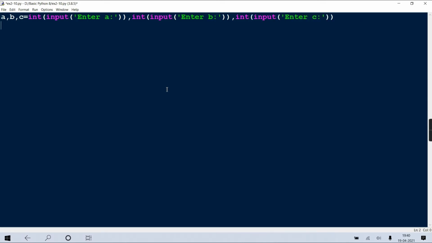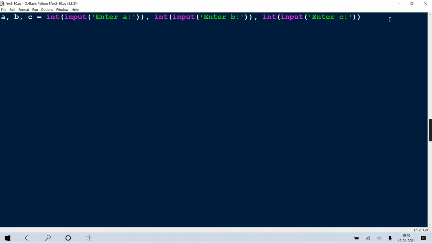So the three variables are there: the first input, second input, third input, and that will come in A, B, C.